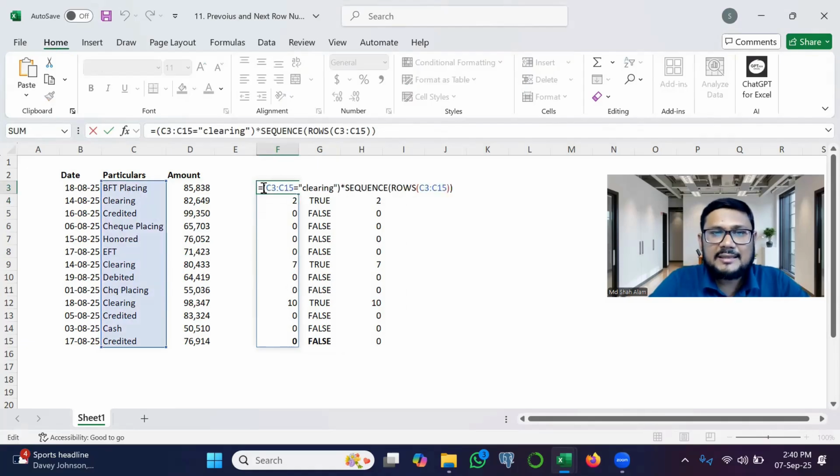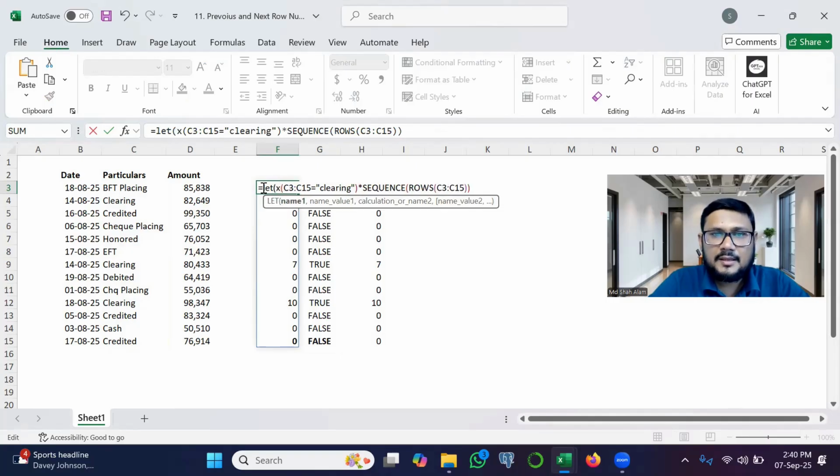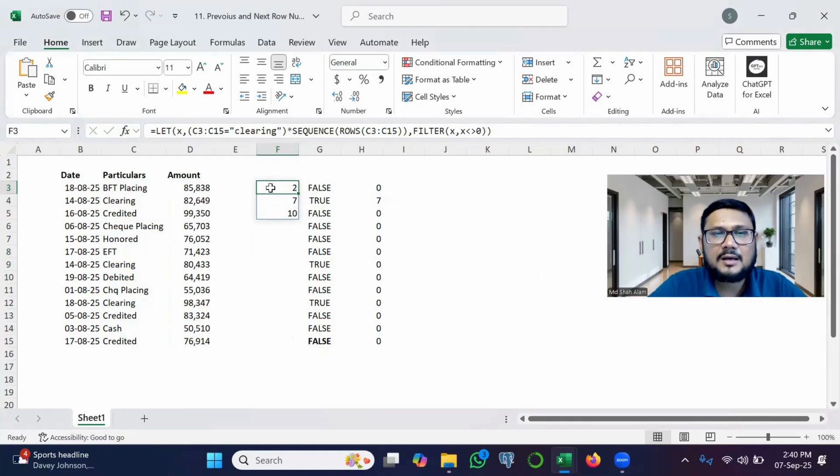Now I will assign a name to this formula by using the LET function. The name will be x. You can write any other name. Here I will use the FILTER function to return the value. Array will be x and criteria will be x not equal to 0. If I close the bracket and close the bracket, press enter, I have the row numbers where the clearing value